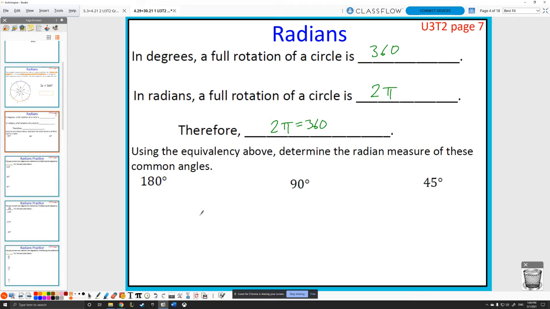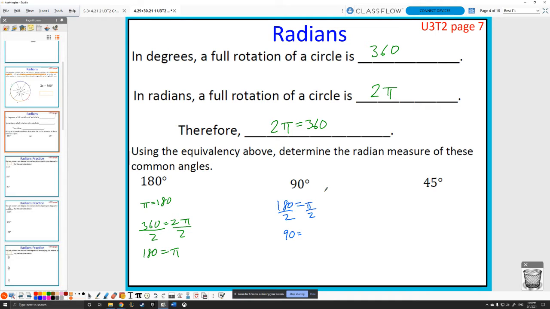What that also means, just using the fact that 2 pi is 360, is that pi is equal to 180. Because I can say 360 is equal to 2 pi, and divide both sides by 2, I get 180 is equal to pi. Similarly, I can do the same thing with 180: if 180 is equal to pi, I can divide this by 2 to get 90 is equal to